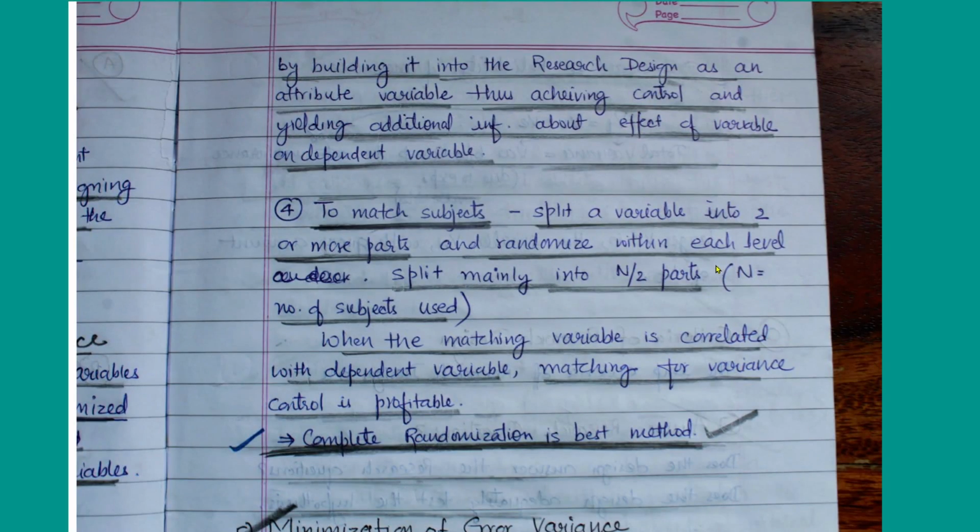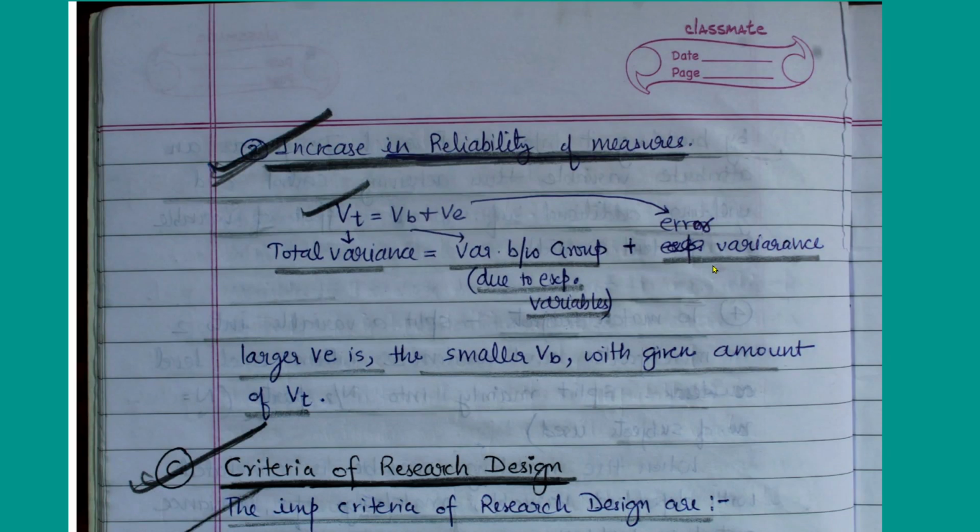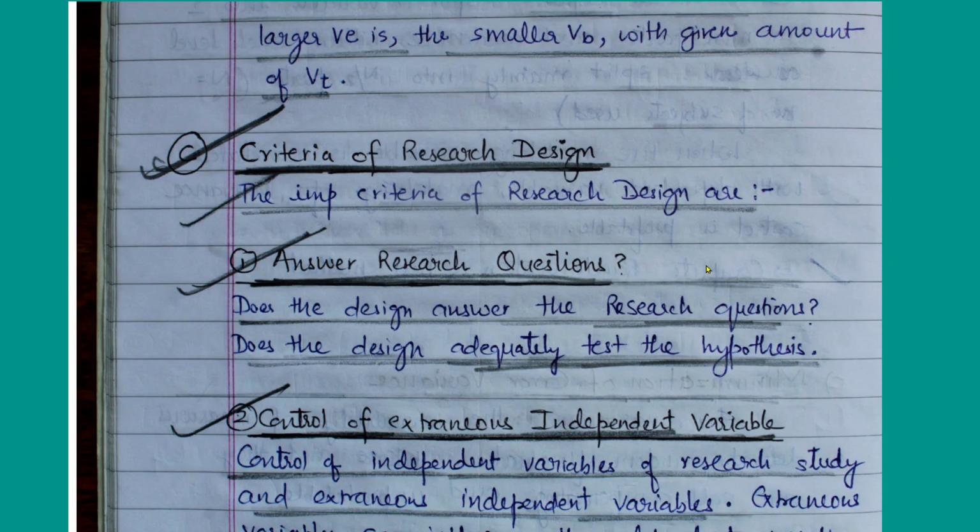Okay, so let's move ahead from here. Now I have made notes from other books also. This is the criteria of research design. The purpose of research design is: why you are doing it. Criteria means on the basis of which indicators you will build your design. So sometimes in exams it comes: what are the different criteria of research design. These purpose and criteria are very closely related, but still I have given notes for this also.